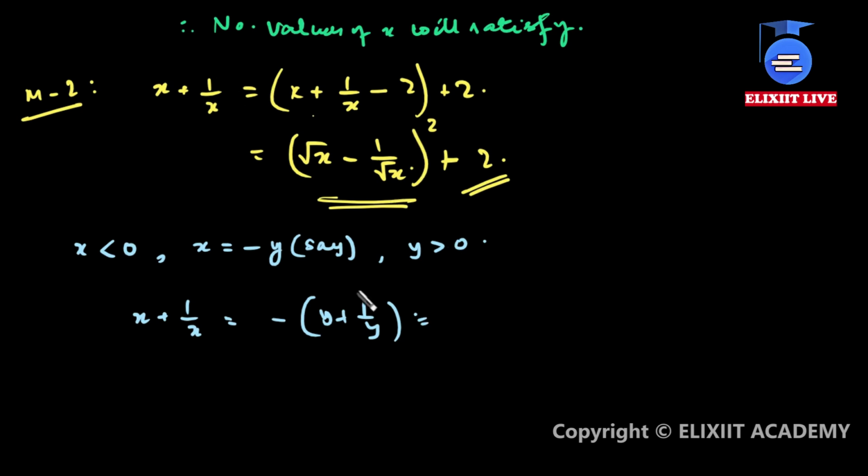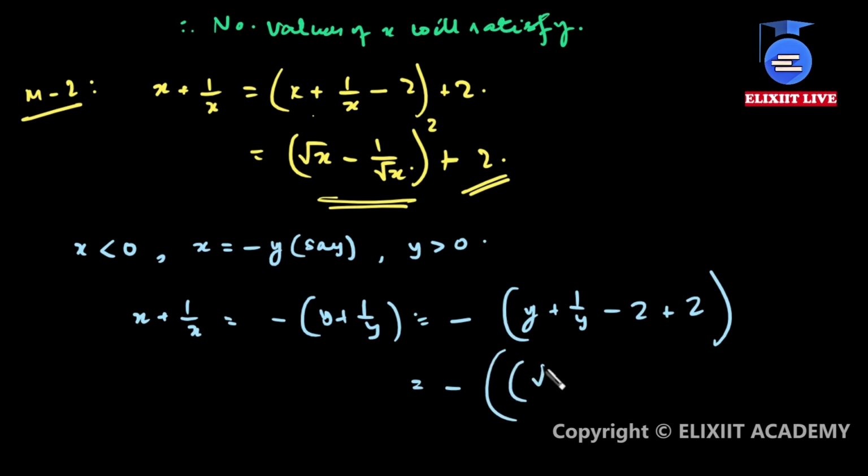In the place of x plus 1 by x, here we have minus of y plus 1 by y, isn't it? So what I get from here is minus of y plus 1 by y minus 2 plus 2, the same concept. So this particular part will become root y minus 1 by root y whole square plus 2. Okay,